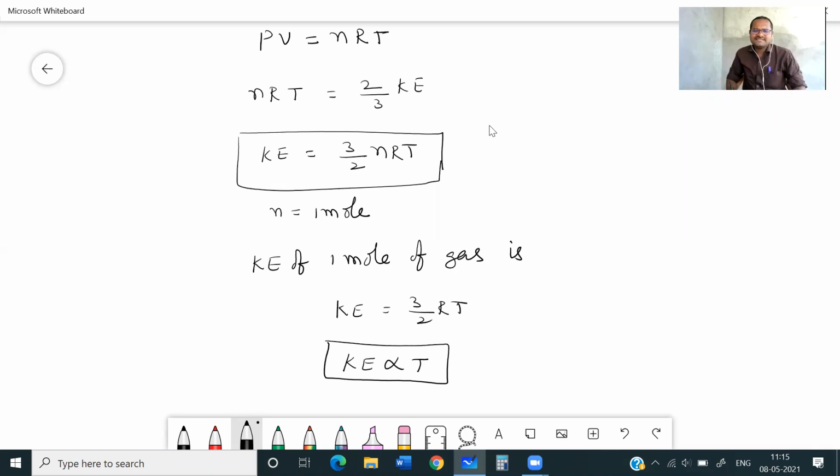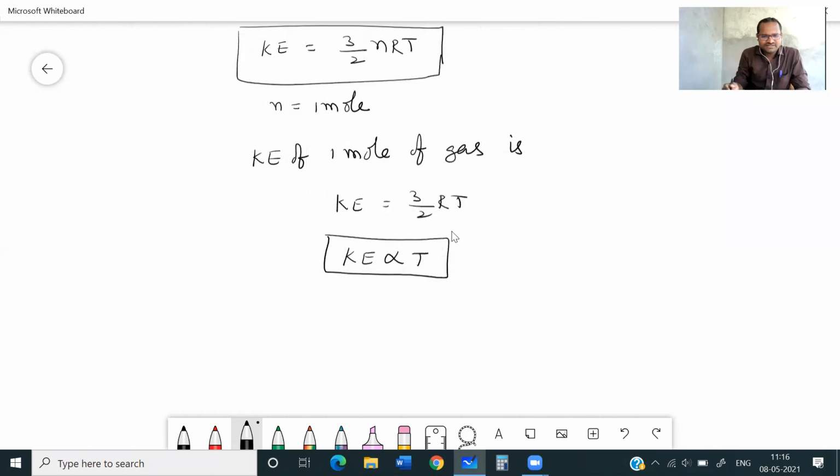And here, what is T? T, we have to take it in Kelvins. We should not take it in centigrades. We should take T in Kelvins. Okay? Clear? Are you understanding what I am saying? Yes. From here, we can define